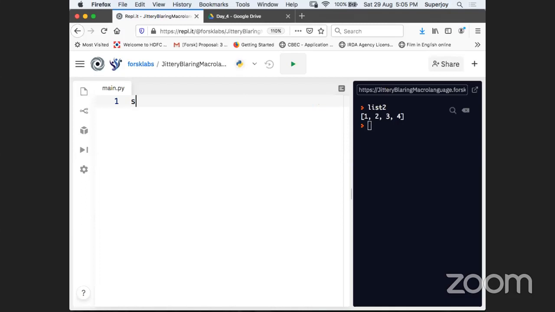So guys, I have a set here, something like 1, 2, 3, and 4. Then I have another set with the name S2, and again I have a couple of values here, 3, 4, 5, and 6. Now guys, what I want to do is merge them, S1 and S2. So how can I do that, guys?